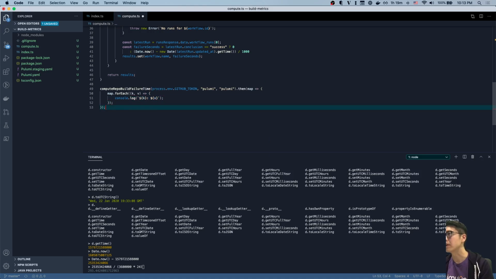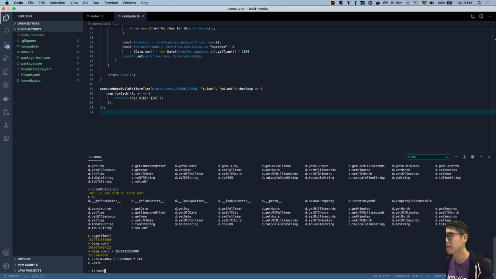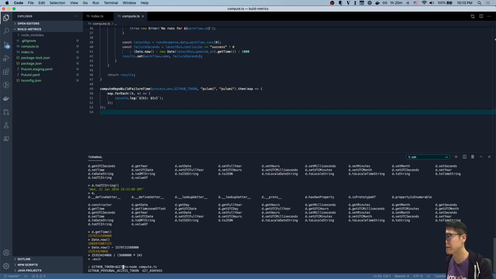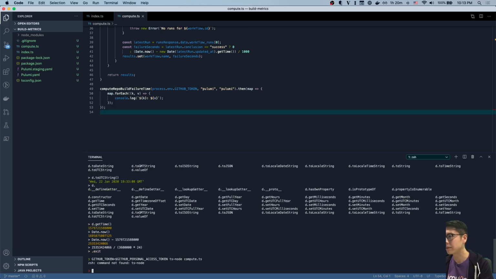All right, let's just try this and see if this works. I happen to have this GitHub personal token in my shell. Oh, and I can run ts-node from